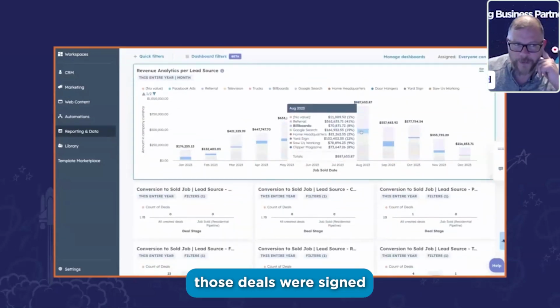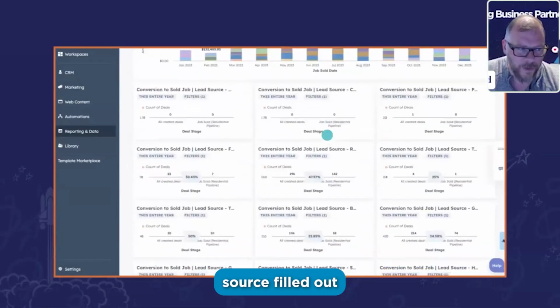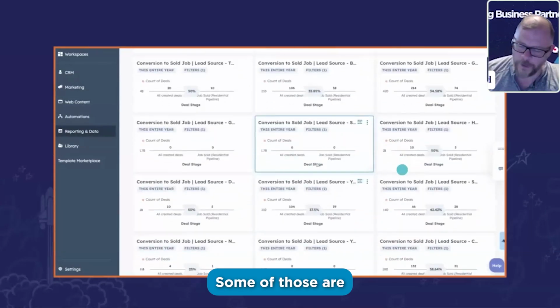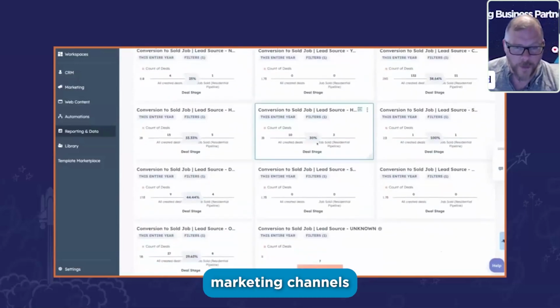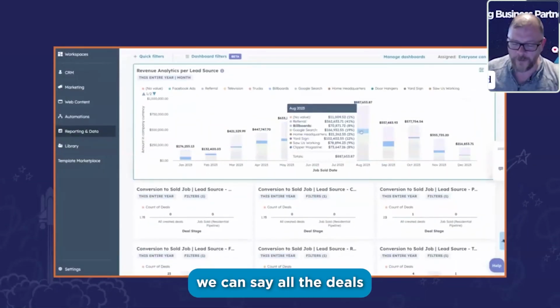And then being able to say, okay, those deals were signed and sold on this date, but we also have to have the lead source filled out. It has to be accurate. Some of those are human effort. Some of those come through from the marketing channels that we have. And then because we have a 0 close rate and a 1 close rate, we can say all the deals